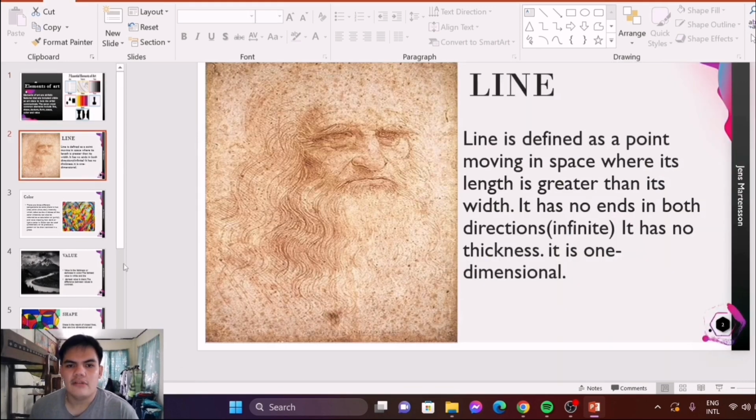discuss the line. So line is defined as a point moving in space where its length is greater than its width. So this is a form of art using line. So it has no end in both directions, or infinite. It has no thickness. It is one-dimensional. So when it comes to this art, mostly it's made by line. So next,